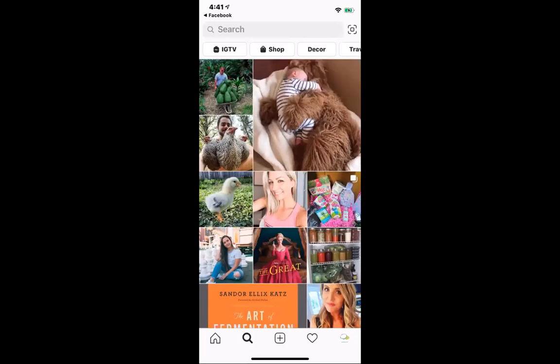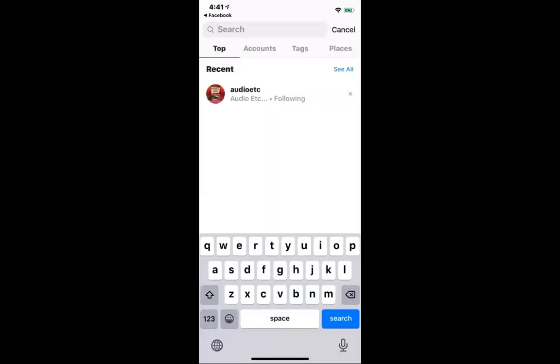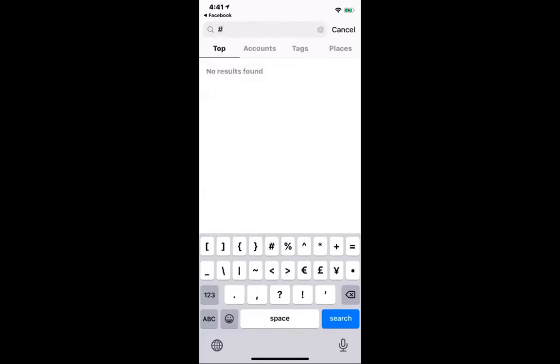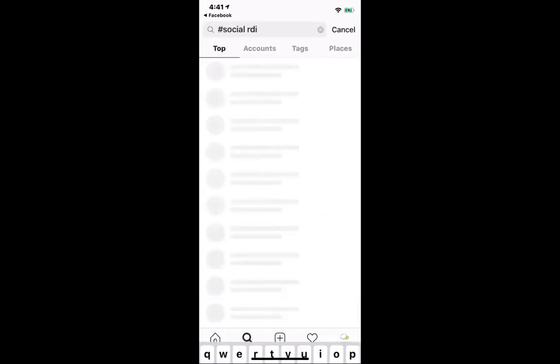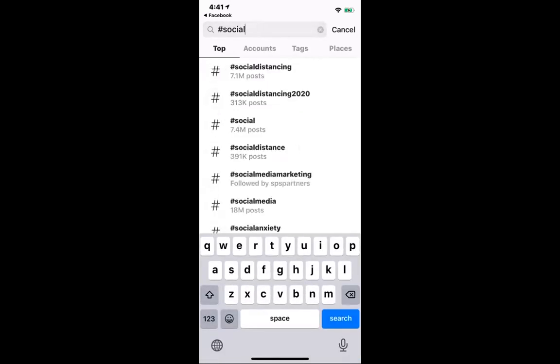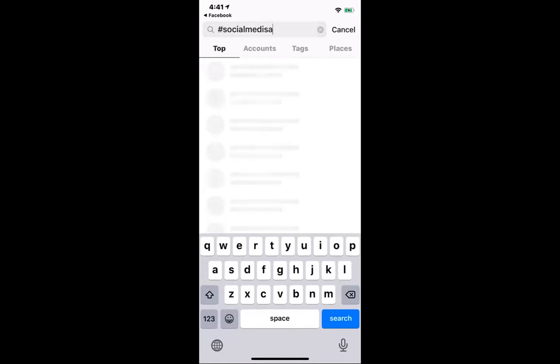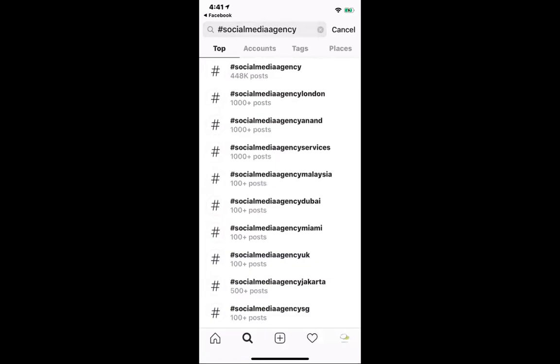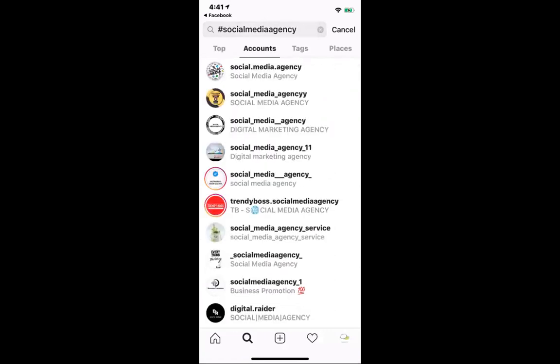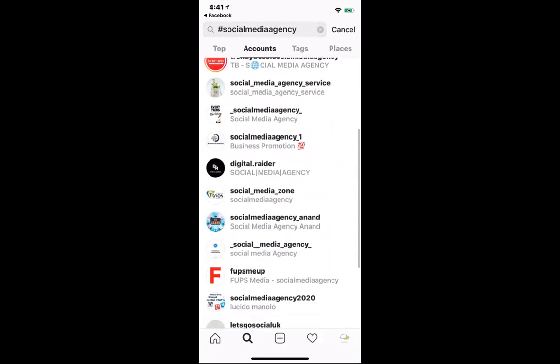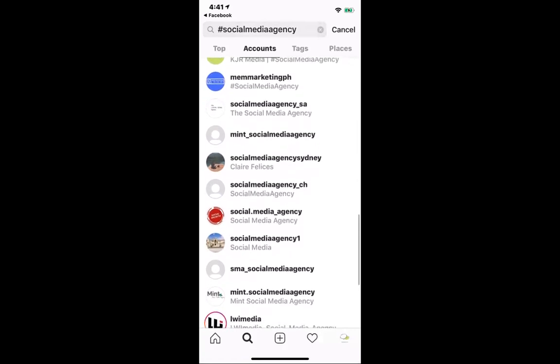Okay. So remember, if we type something in, and I can even type, not that I'm going to come up because there's a lot with this, but if I type hashtag social media, it's got to be all together, social media agency. All right, so in this search area, if I switch to accounts, it's now going to show me first the accounts that are named social media agency, because that's the most relevant. But as we start to scroll through, you'll find other accounts that might have the tag in their